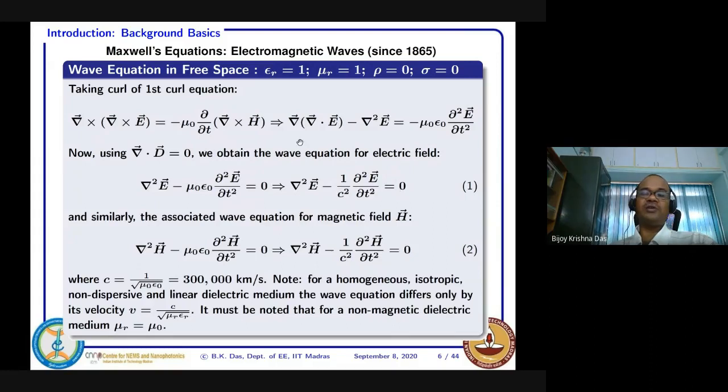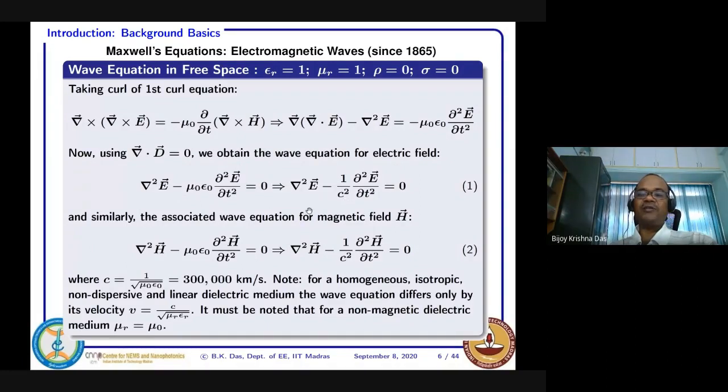In this way, what we did is we decoupled the electric field and magnetic field. In this equation only you have the electric field. So they are decoupled, and you get an independent equation for the electric field. In the same process, if you take the curl of the second curl equation, you come up with a similar equation for the magnetic field as well. So in equations 1 and 2, though the electric field and magnetic field are coupled, you could separate them, like a kind of separation of variables.